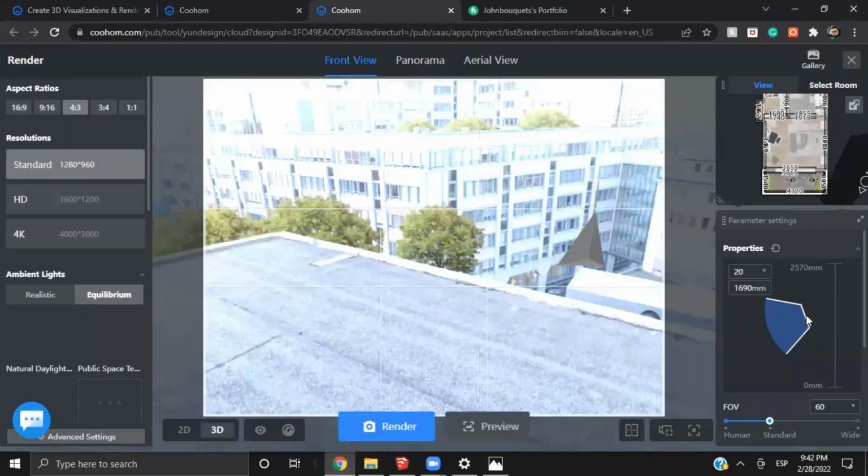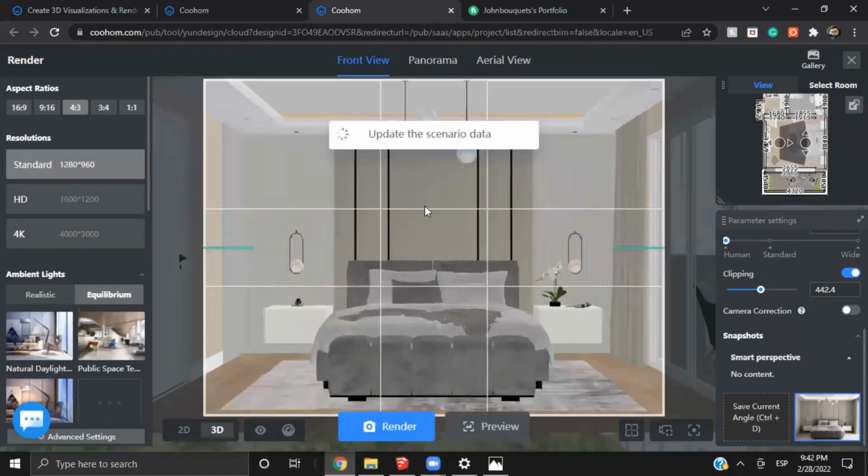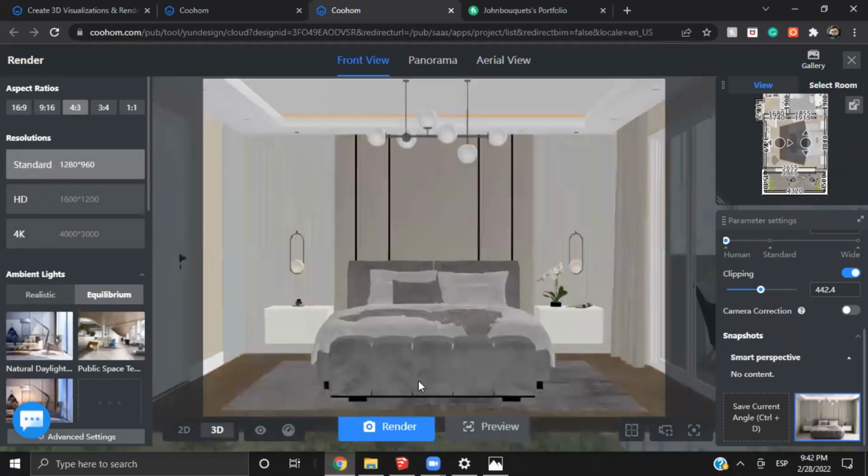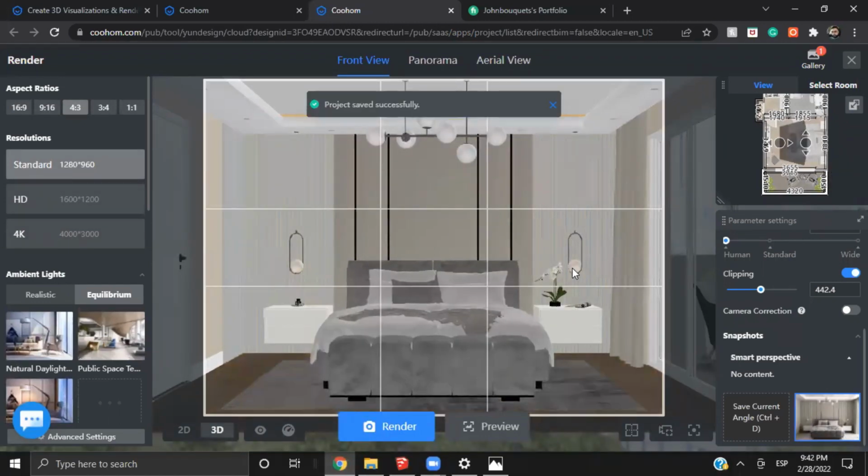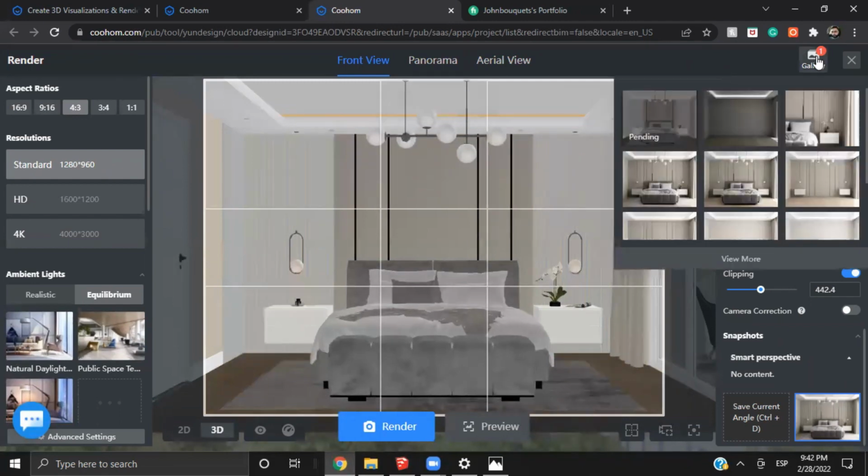If I render this one right here, you'll see how it looks different. It looks more warm, which is the tone that I'm looking for in this project. Once this render produces,